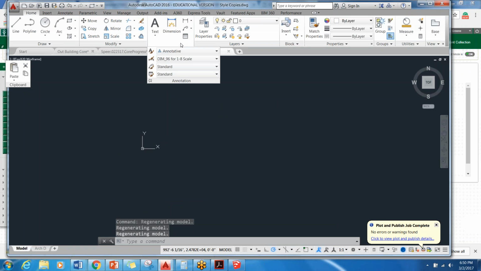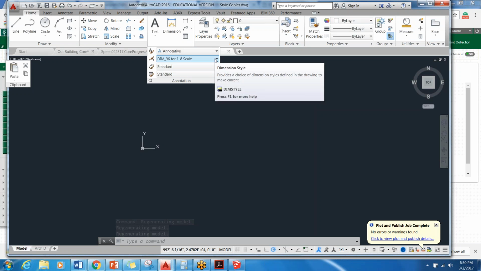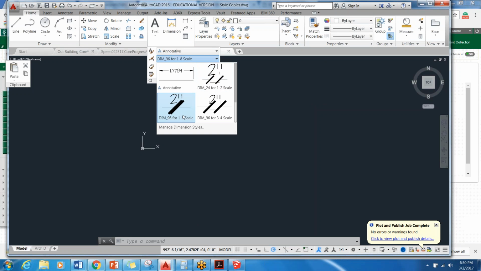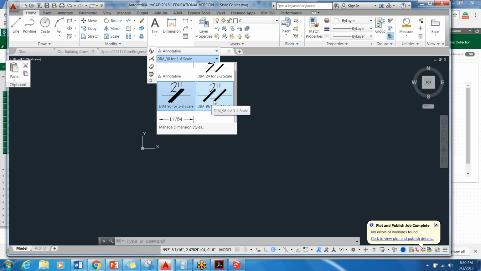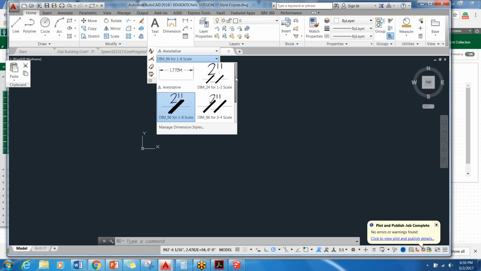But there really is. If I go under dimension style and look, I've given you dimensions for 1/8 scale. That means if I go into the layout and I had dimensioned in model space using this style, it's going to look nice on a 1/8 inch scale print. If I'm going to print at 3/4 scale, this style will look nice. If I'm going to print at 1/2 inch scale, this one will look nice, but notice that this one